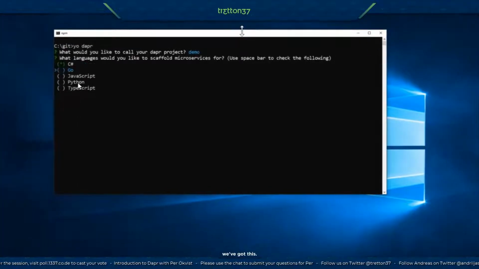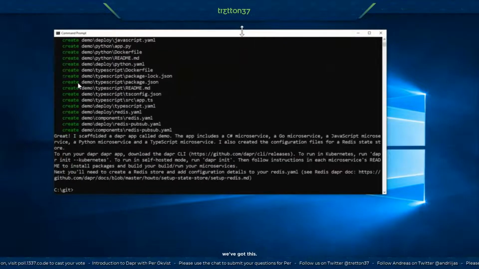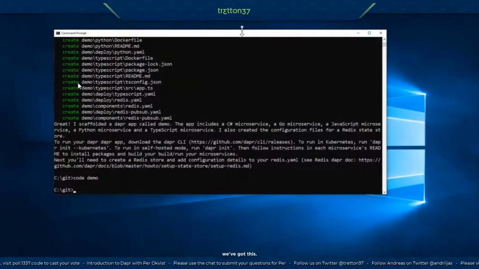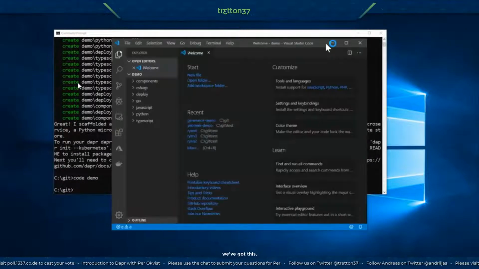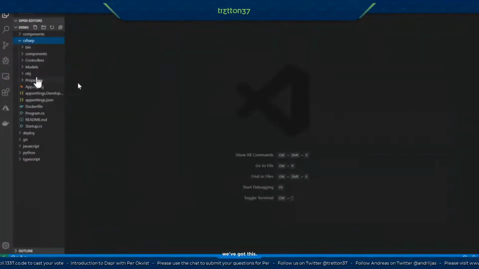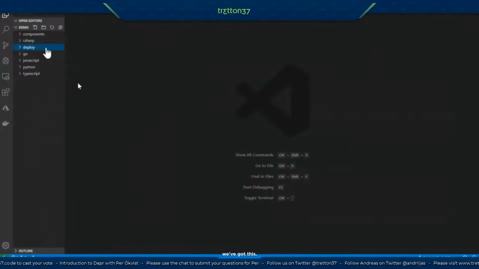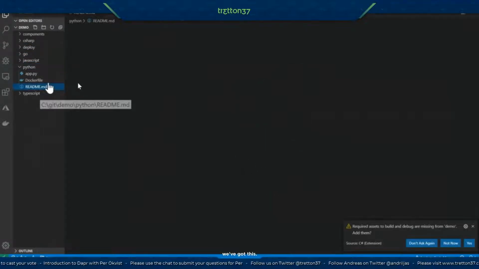So here you see someone making 5 different services using 5 different languages and also configuring a few components. And then opening that solution and see what Yeoman has generated in this case. And this could be a great tool to just familiarize you with the different usages of configuration and components and have a look how it differs language to language in this case.